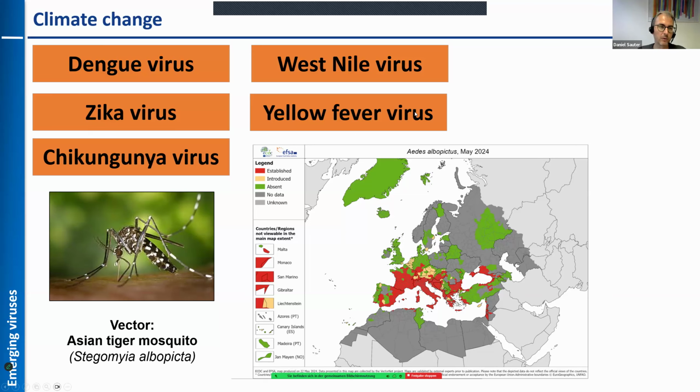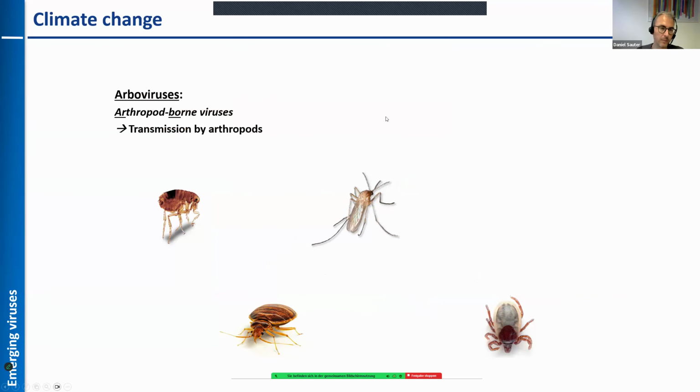And in this context, I would also like to introduce a few important terms. One term is arboviruses. Arbo is short for arthropod-borne viruses. So this would be any virus that is transmitted by arthropods. It's not a taxonomic term like flavivirus or retrovirus, but it just describes lots of different unrelated viruses that are transmitted by arthropods. And arthropods include not only mosquitoes, but also ticks, bedbugs, and fleas, for example.